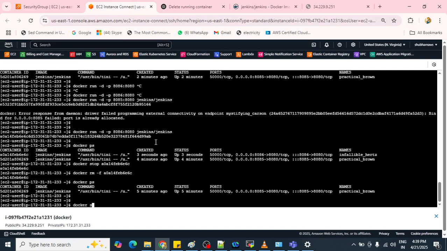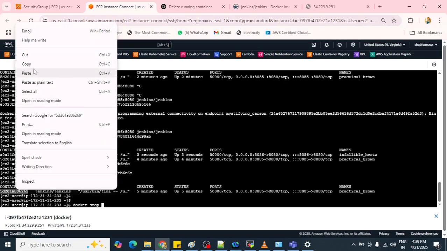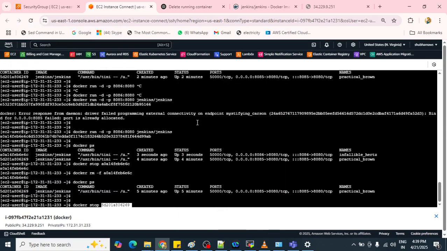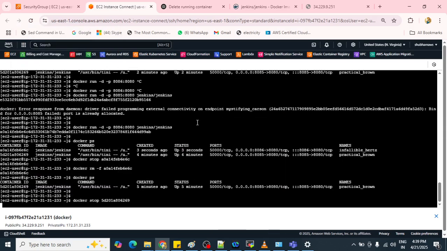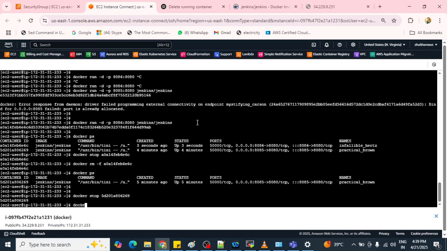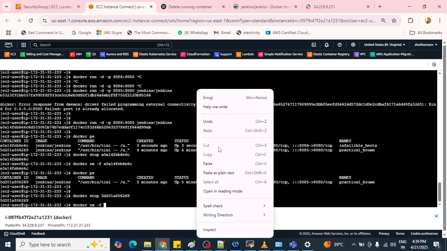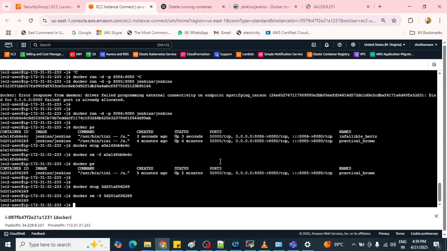Docker stop. Copy this one, paste it. So the docker rm -f command we can use to remove it permanently. So docker ps, no container should be running.